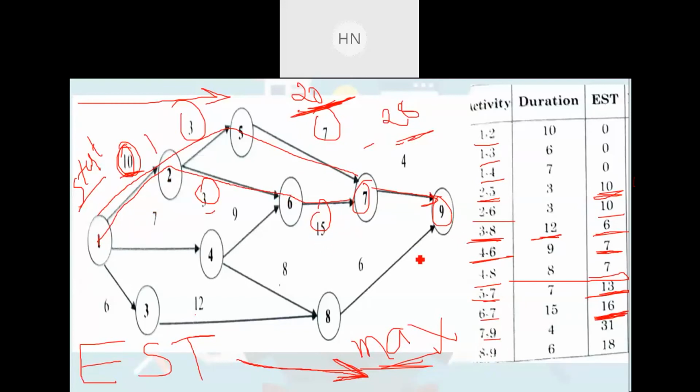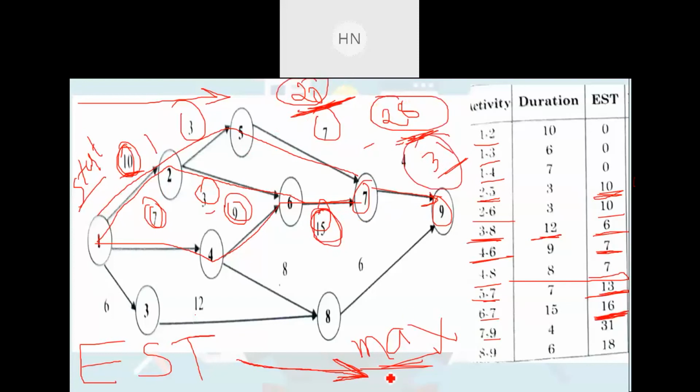और एक ऑप्शन कौन सा है 7 to 9, और एक जो ऑप्शन है वो है 1 4 6 7, तो 7 plus 9 plus 15 जो है उसका समेशन होगा 31. तो यहाँ पे we are having 3 different paths that are available. In first path the total was 20, in second option the total was 28, and in third option 7 plus 9 plus 15, the total is 31.